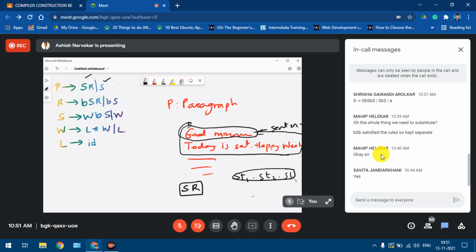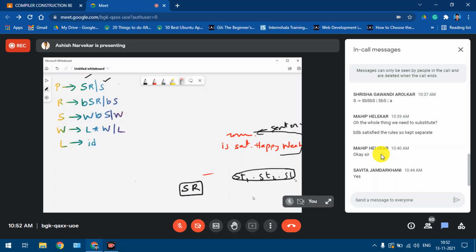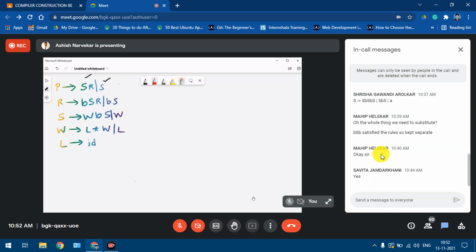Now this recursive sentence R, okay, R can be further defined in the form of either a blank followed by a sentence. Like for example, if you all remember, or if you all know, when we write certain letters or certain paragraphs in letters, we leave some blank and then we start writing.